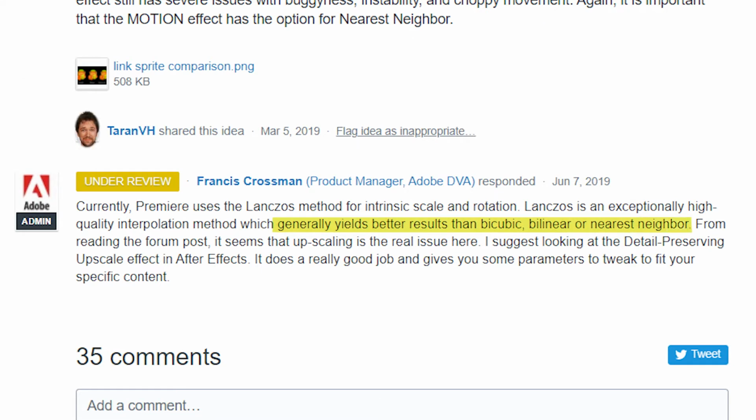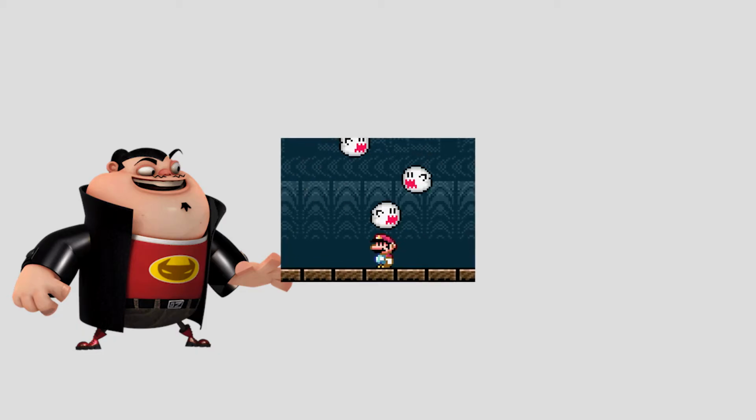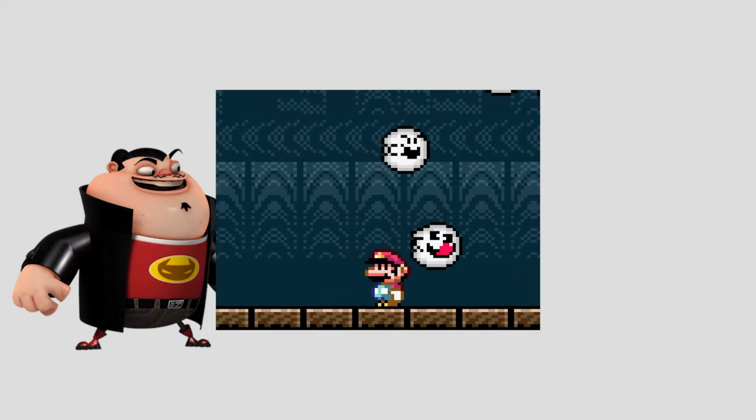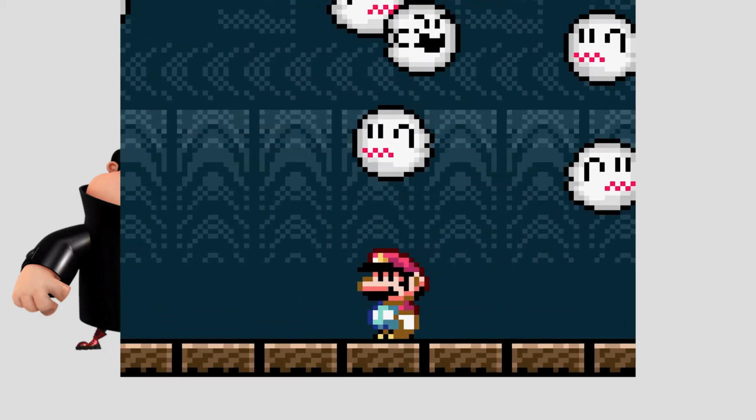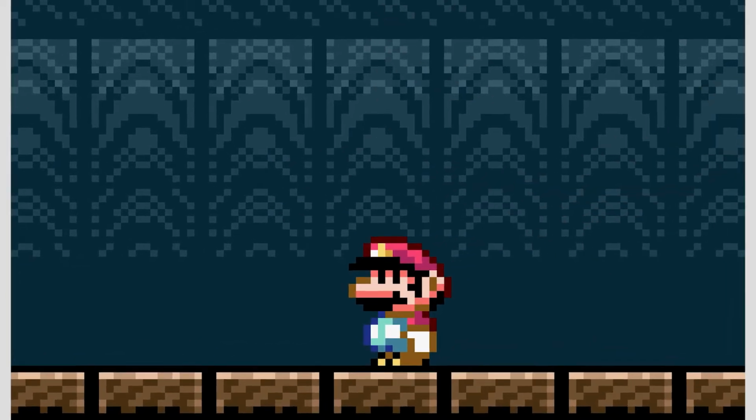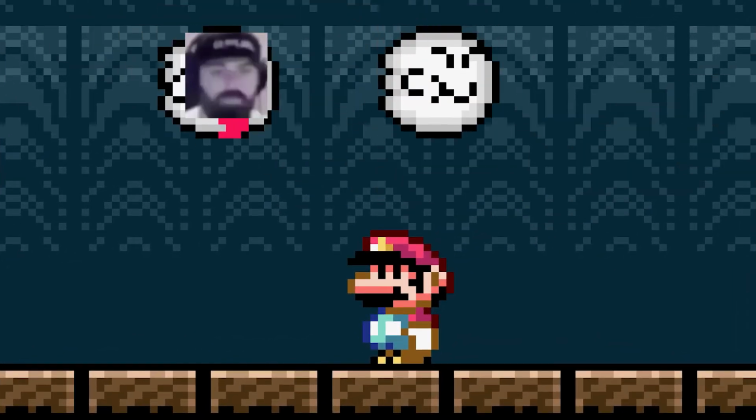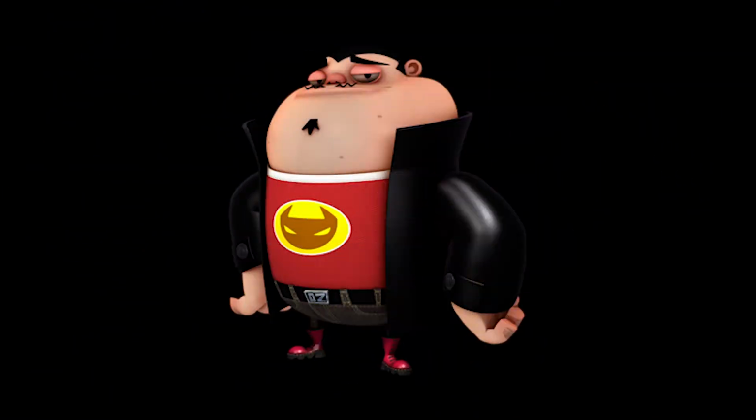But this issue isn't just about pixel animations, it's about upscaling anything that's low resolution like old console game recordings, or if you simply just don't want any interpolation in whatever you make. Alright. So now that we're done with my TED talk, let's get into how to get those crisp pixels, and